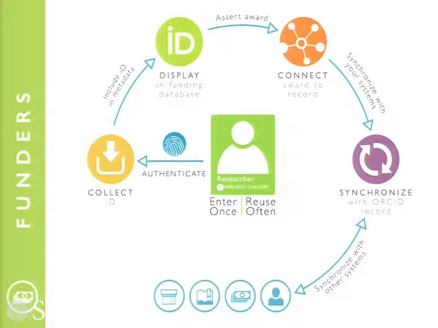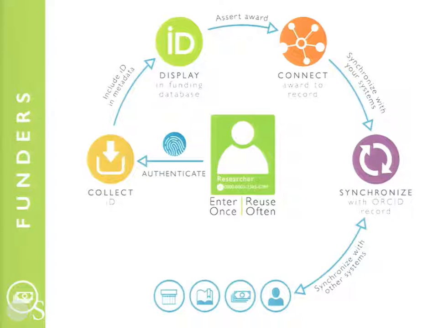Starting with the funders, you have the researcher at the beginning of the process. More and more funders are now requiring ORCID iDs as part of the grant application process. Many more of them request them. The researcher enters their ORCID iD in an authenticated way, which means that they are not just keying or copying in their ORCID iD, but they are pinged to the ORCID website to log in and say, yes, this really is me, and then attach that information to their ORCID iD. So you get this validated assertion between the researcher and their organisation, in this case the funder.